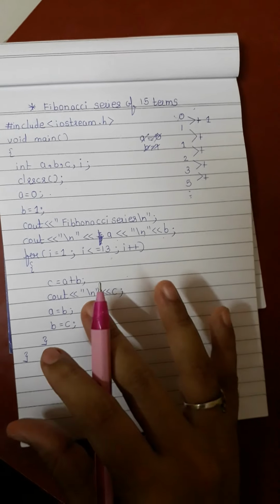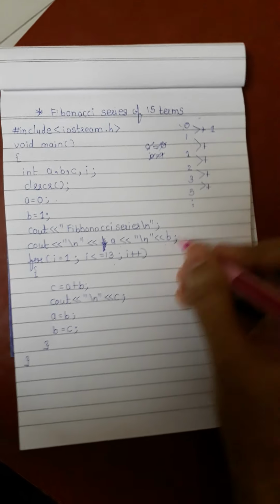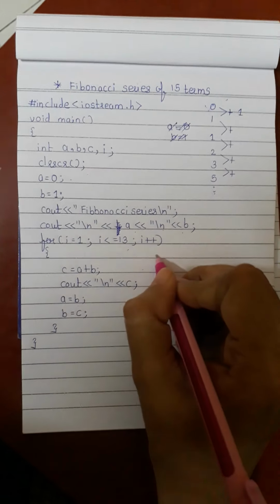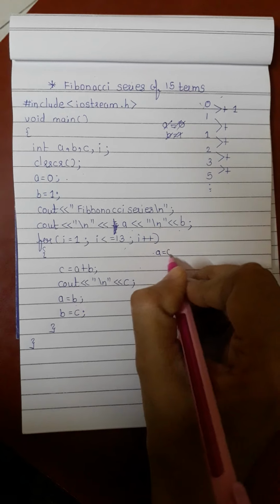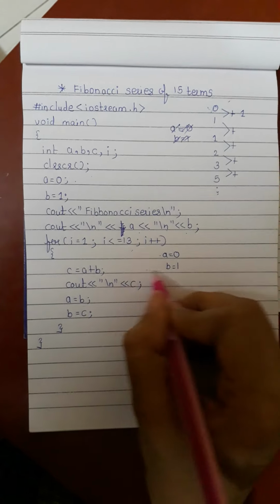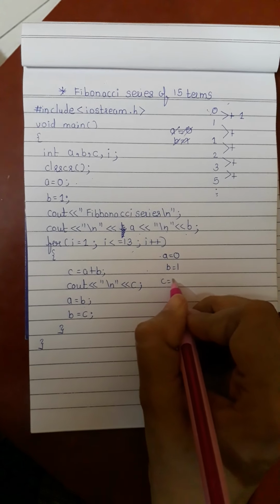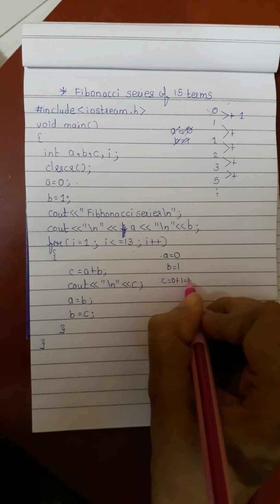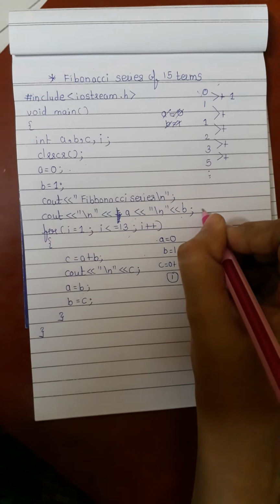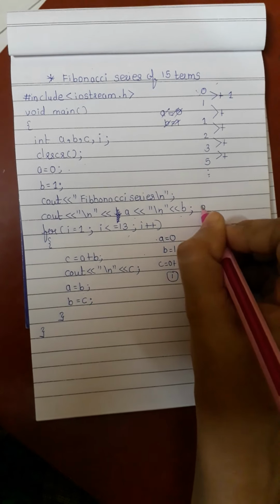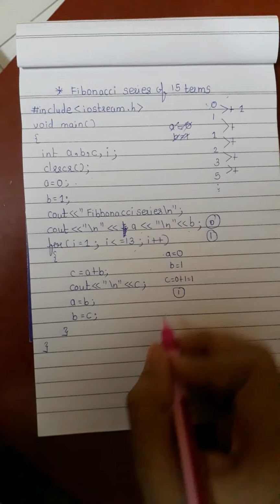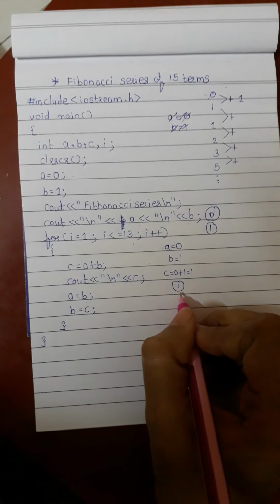So now I will show you the basic execution of this program. As we all know, a is starting at 0 and b's value is 1. So what calculation have we written? c equal to a plus b. So now c equals 0 plus 1, that is 1, the answer we will get, and this 1 will get displayed. Because of this line, in the output first 0 is displayed, after that on the new line 1 is displayed, and now this is the third value which is going to get displayed, that is 1.